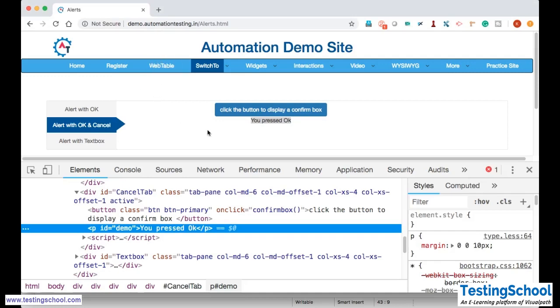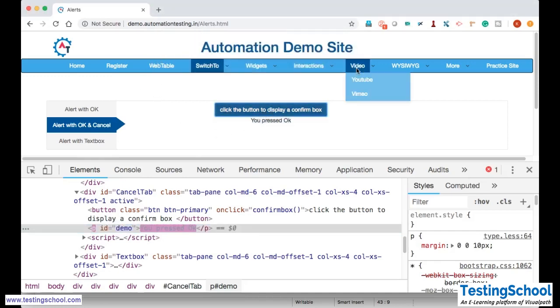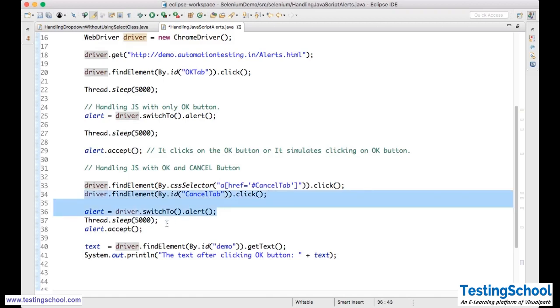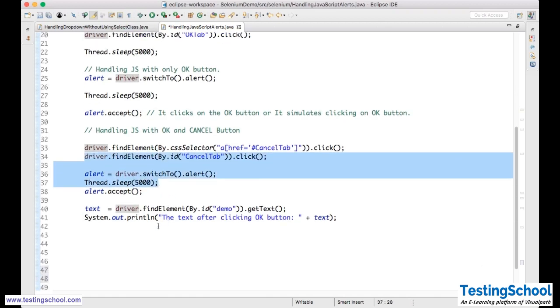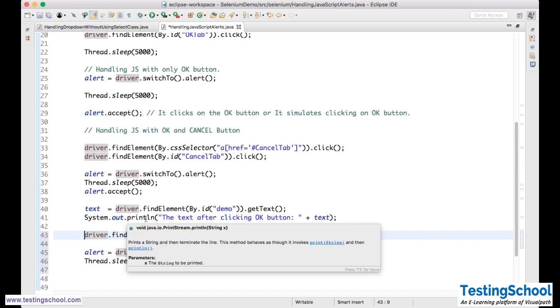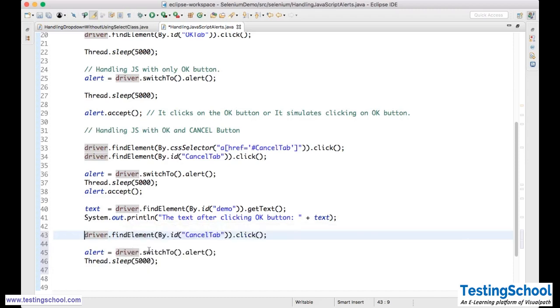What I'm explaining is, see, I clicked here, click OK, then I want to click again and then cancel and read. So what I'll do is the same thing again, here, till there. I copy it, same thing. So after that, I need to click on cancel button. It is clicking